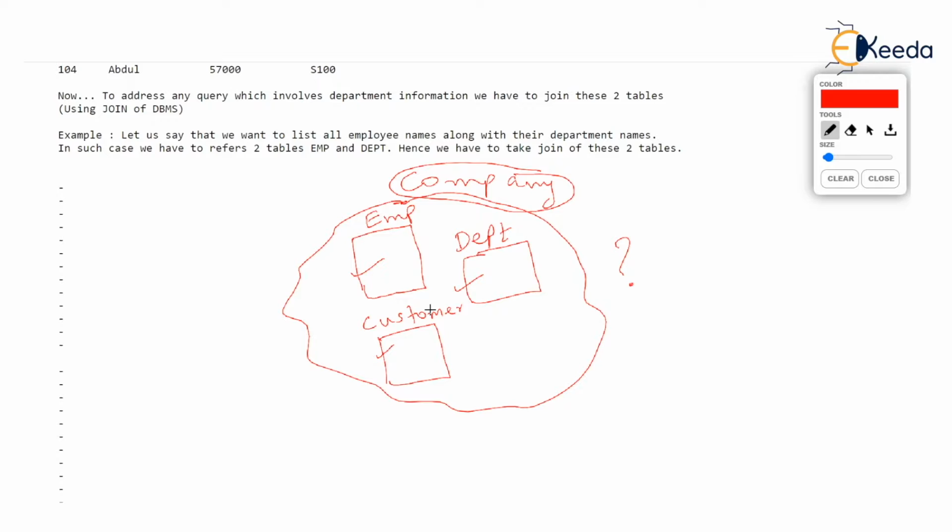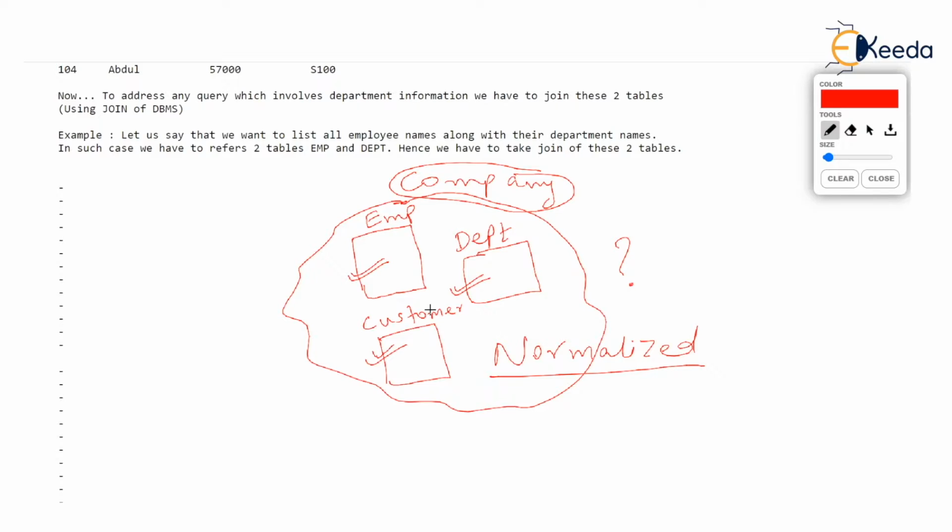The answer to this question is if you create such small tables, instead of storing everything in one table, then you have normalized your database. And this has huge advantage because you are reducing data redundancy.